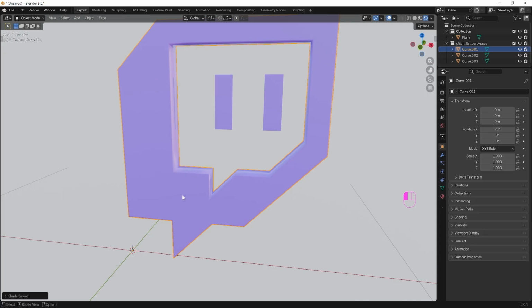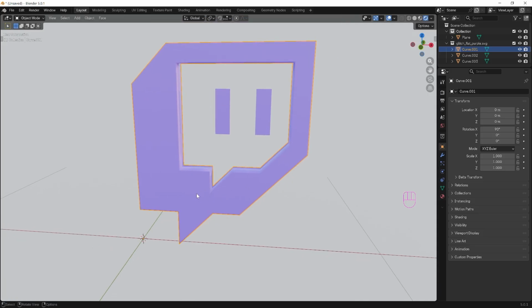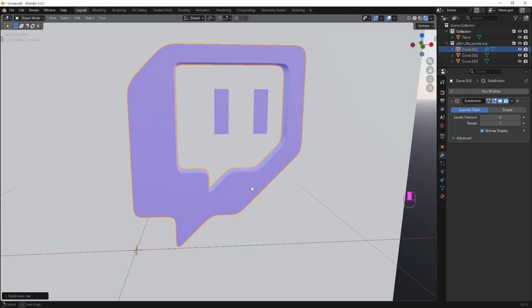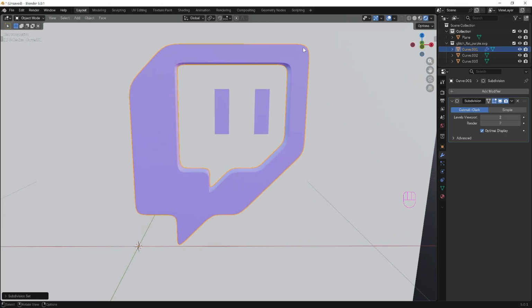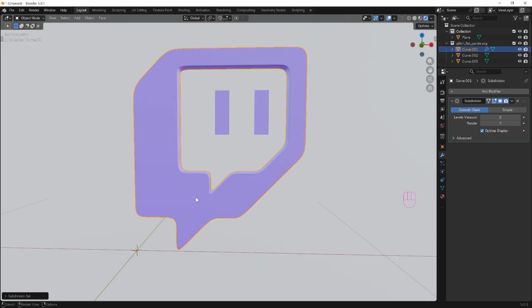And let's add a Subdivision Surface modifier to give us some more geometry to the form. A quick way to add a Subdivision Surface modifier is to click on your object and press Ctrl and 2. This adds a modifier with 2 levels of subdivision. And we can see the modifier over in the modifier properties. As you can see, this made the corners really rounded. I really like the soft look, but I will show you how to get those sharper edges back.